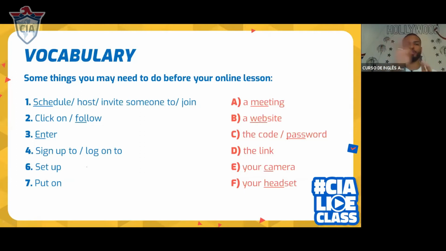These four words, schedule, host, invite someone to, and join, are words that you can use with one of these words here. Let me use my pointer. I'm gonna use my spotlight. Here we go. See, schedule, host, invite someone to, and join are words that go with one of these.